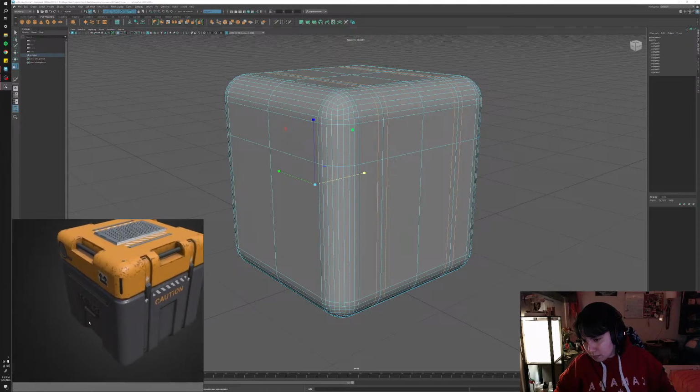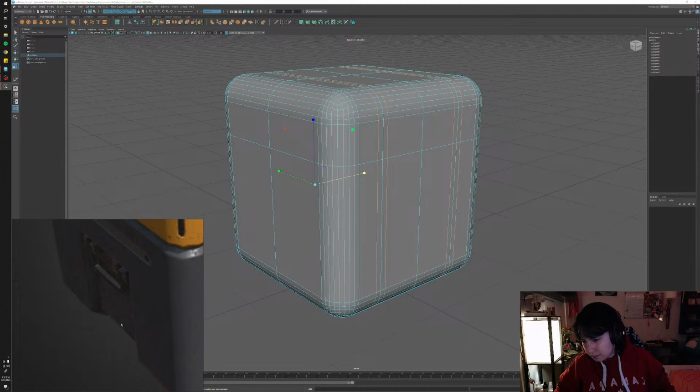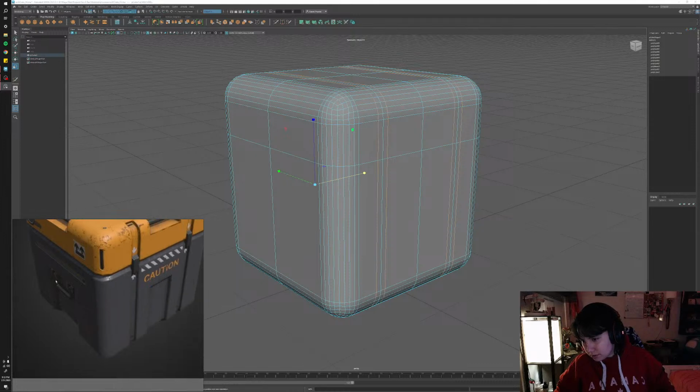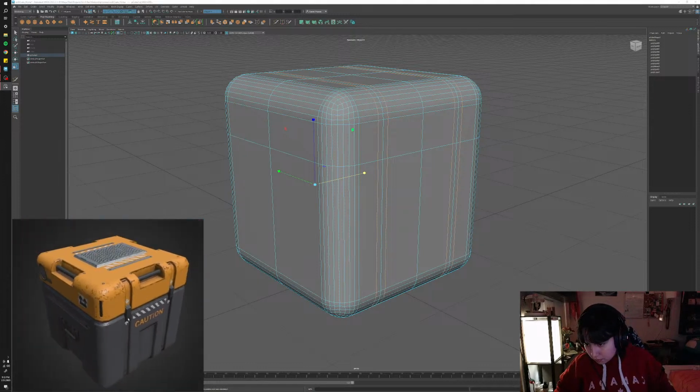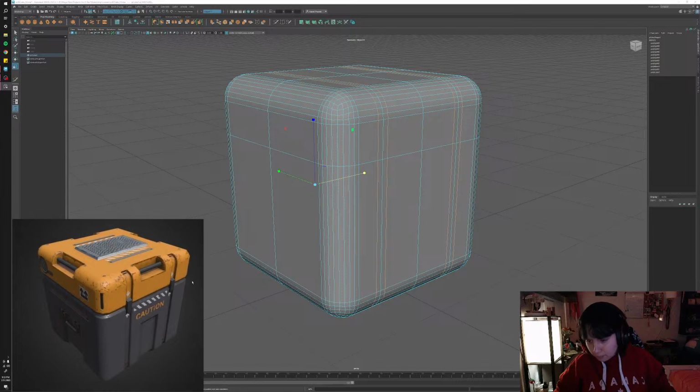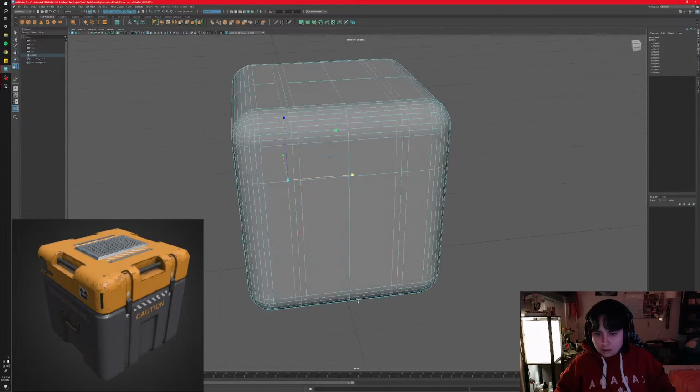I also have to be mindful, this square-ish area looks slightly wider than this one, so we'll just have to be mindful of that. Okay. So for this, we can probably